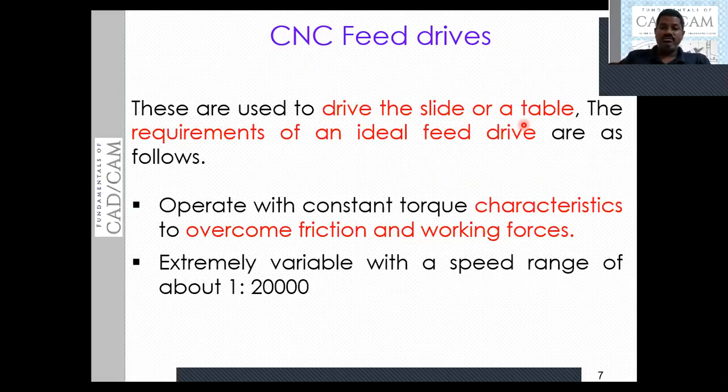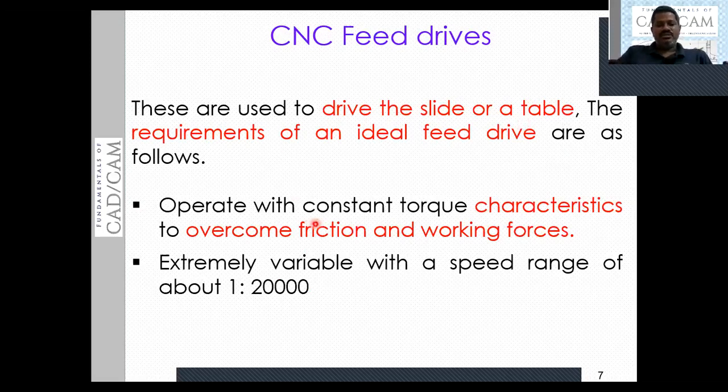Basically, a feed drive is a device used to impart motion to a slide or a table in the case of a CNC system. So it should be able to overcome friction and the working forces acting on the sliding motion of the table or the slide.